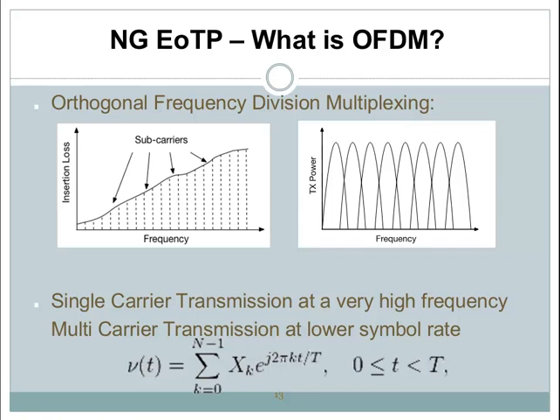The advantage of the multi-carrier transmission is that we have a very low symbol rate, and this ensures that the different subcarriers can be better utilized with their own capacity. The mathematical interpretation of the transmit signal of the OFDM modulation is written at the bottom of this page.